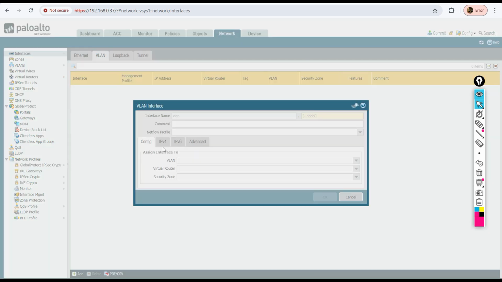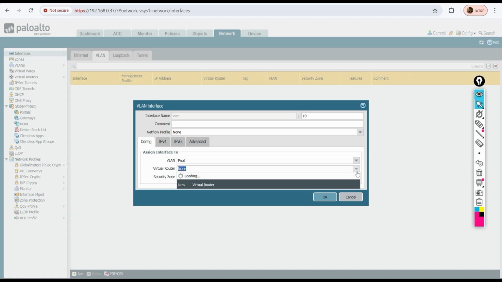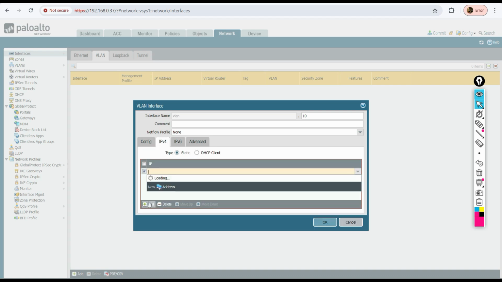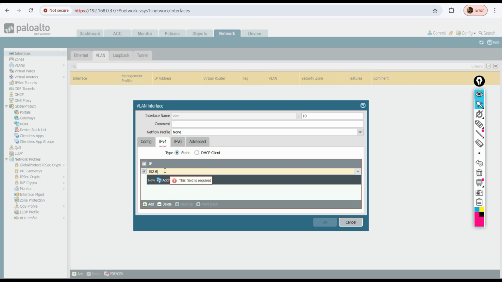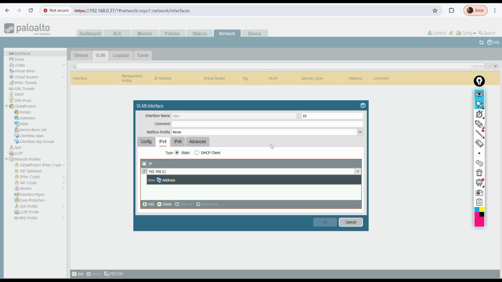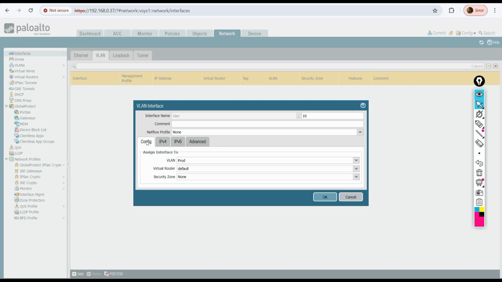So in this example, we will create that VLAN 10, and now we will assign the VLAN profile. A virtual router, let's keep as default. We'll discuss virtual router and security zone in upcoming videos. And here we can assign, let's say, 192.168.2.1/24. This is the IP of the VLAN 10 which we have created,